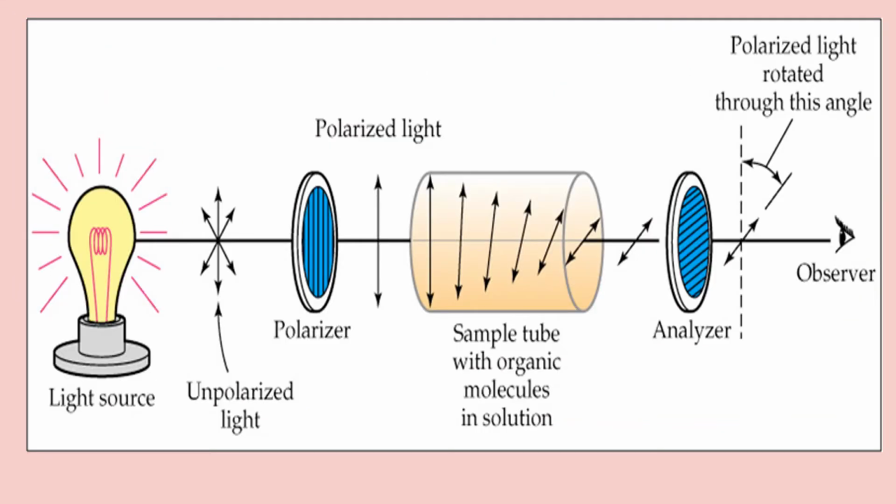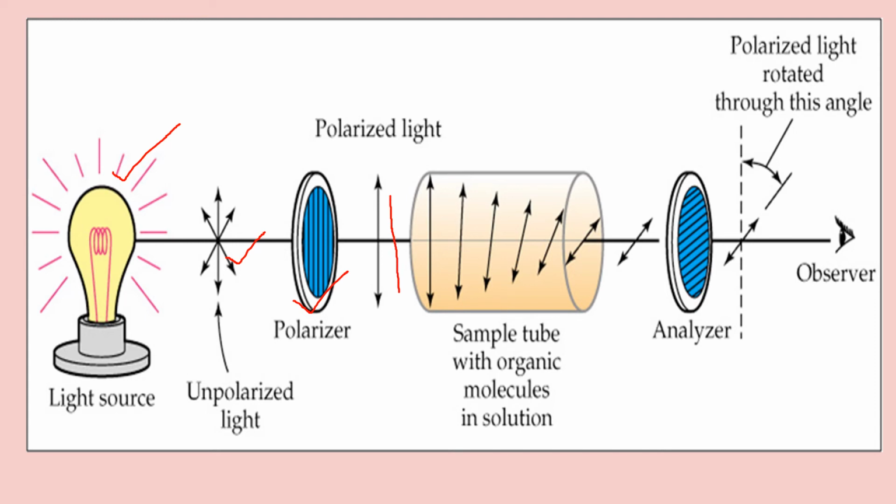So how do we know whether the product which we are getting has 100% inversion or not? For that, there is a particular device, polarimeter, which is used. There is a light source. I was telling you about dextro and levo. And here you have unpolarized light. The molecules are propagating in all the possible directions. Then there is a polarizer through which it passes, and now you can see the direction of propagation is this only. It is fixed now.